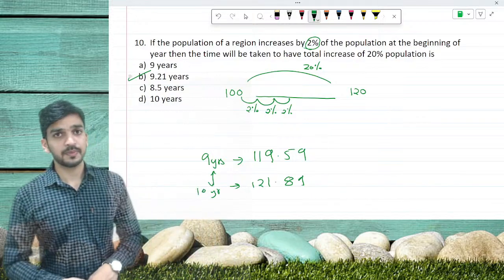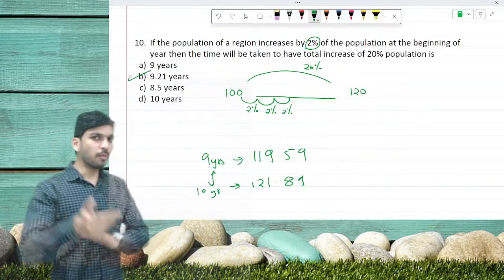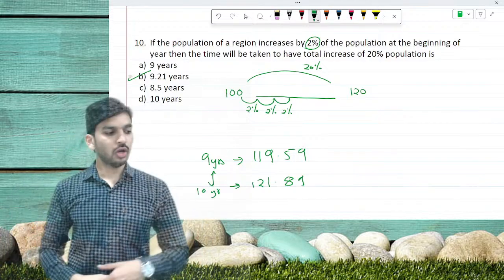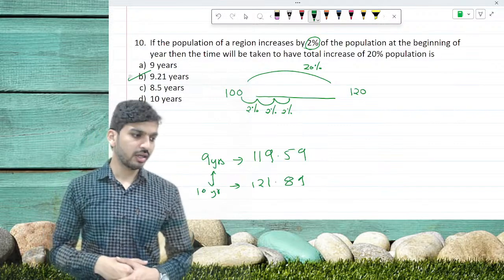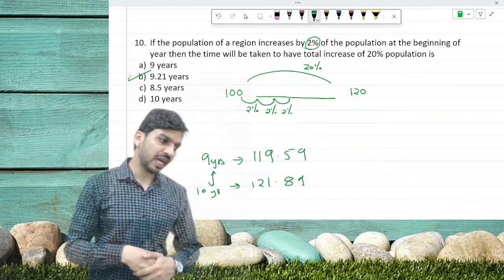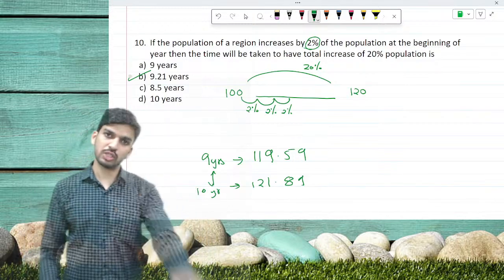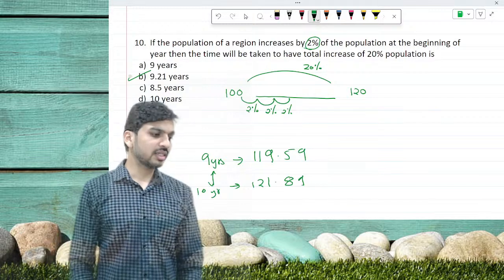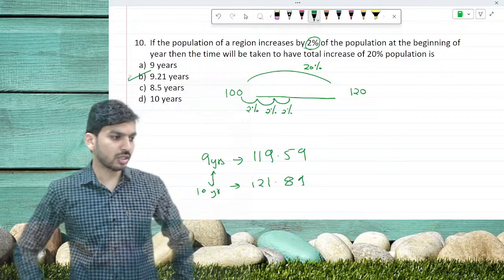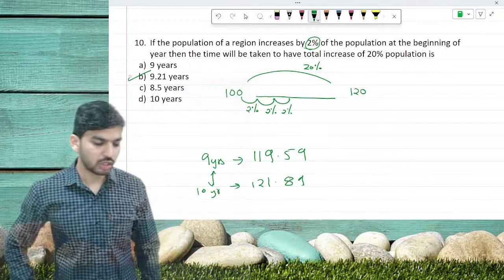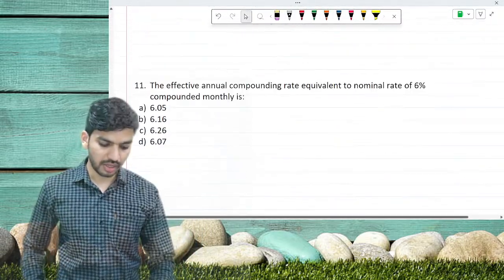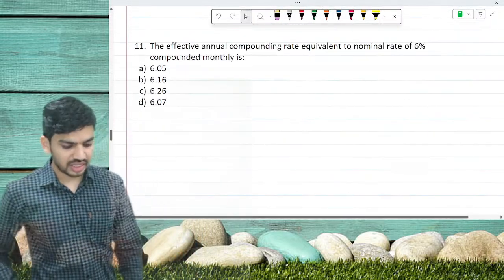So with this, there are 6 more questions that I want you all to solve and check yourself. The next 6 questions are homework questions for all of you. Do take a screenshot of it. The first question, question number 11. Do take the screenshot of it.